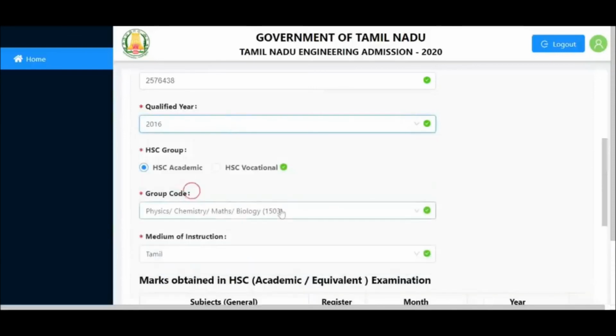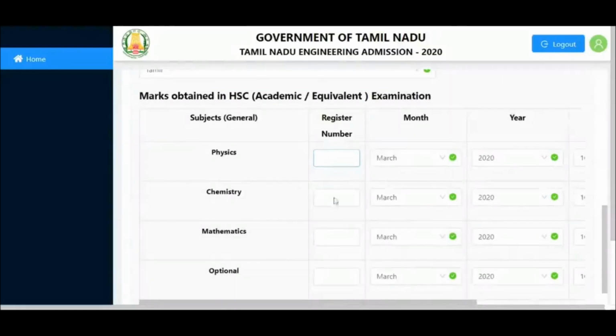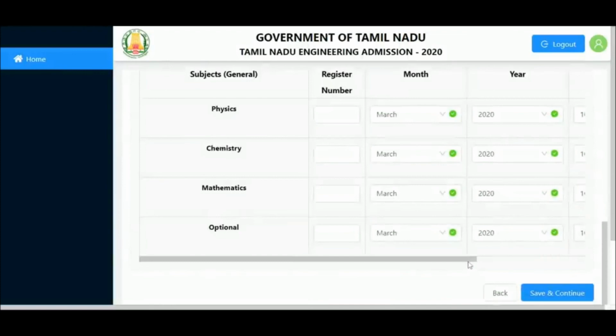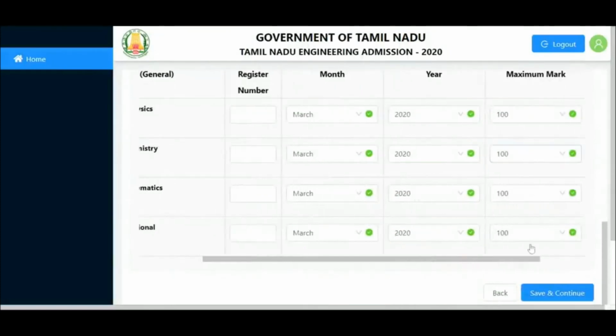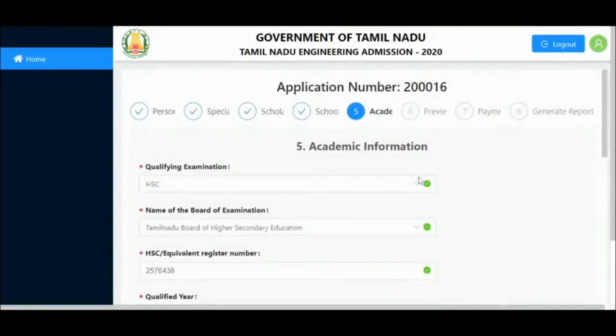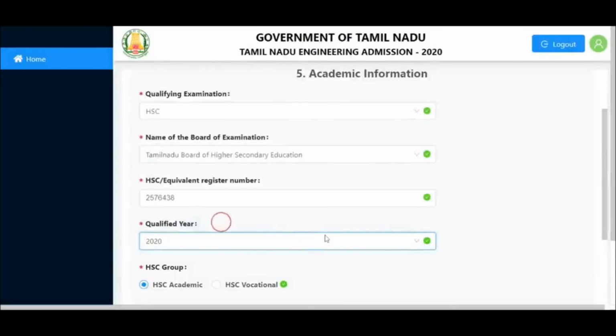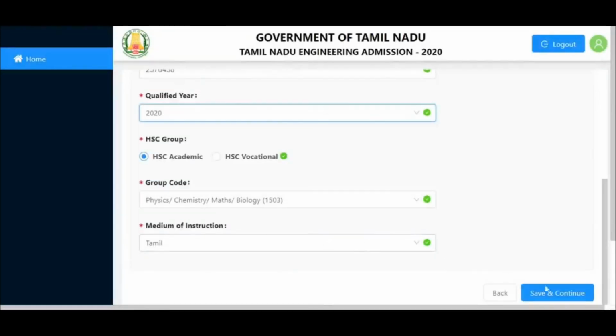If you do not belong to 2020 and it is some other year, then you will have to fill in your marks here manually. This is only for those who do not belong to the year 2020. Now press save and continue.